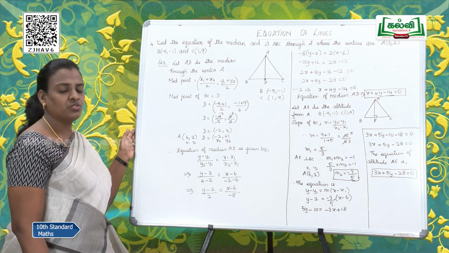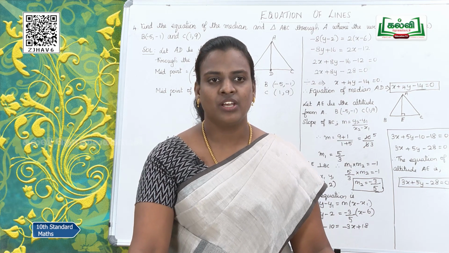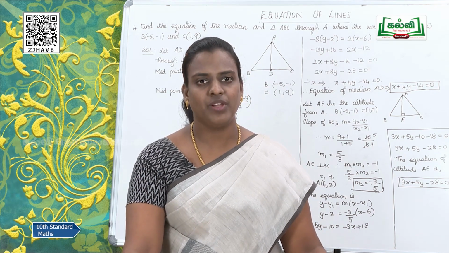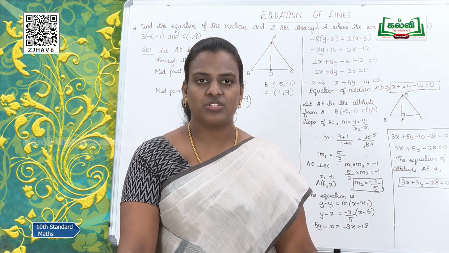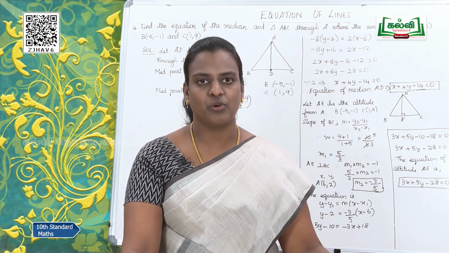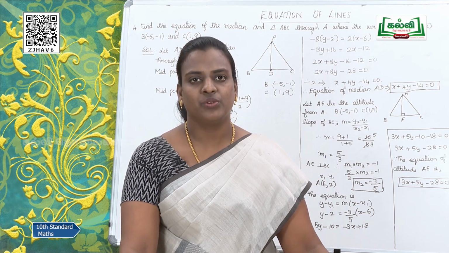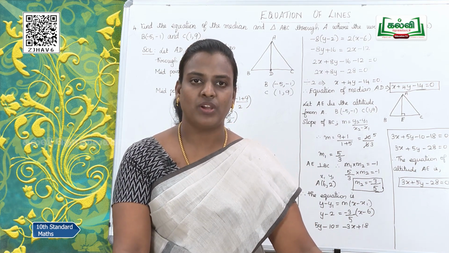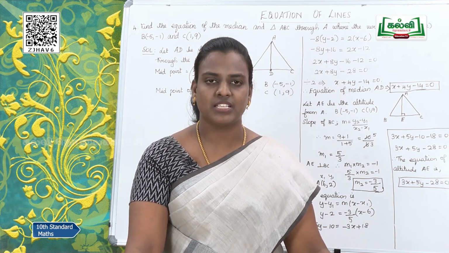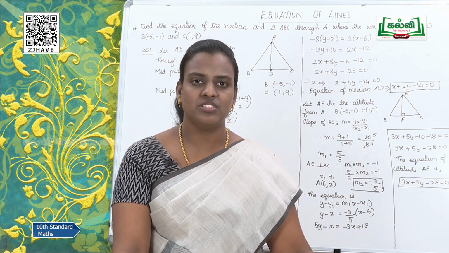Hope you all understood this question. Let's have a quick recap of what was done in today's class. We did the point slope form, which is y minus y1 is equal to m into x minus x1. When will you use this form? When the slope and one point is given, you will be using the point slope form. The next one which you did today was the 2-point form. You learnt it as y minus y1 by y2 minus y1 is equal to x minus x1 by x2 minus x1. When will you use this form?